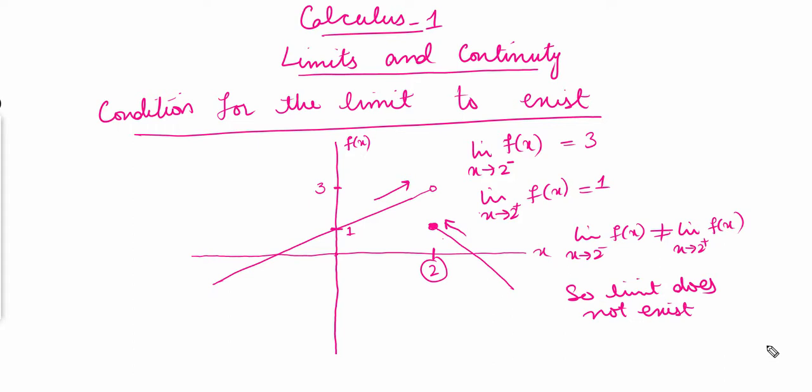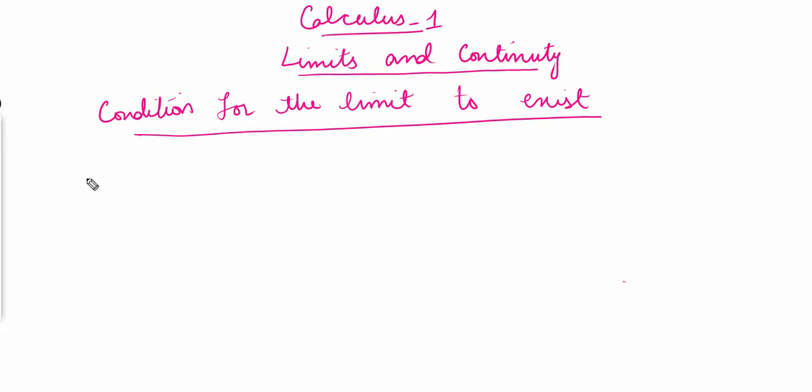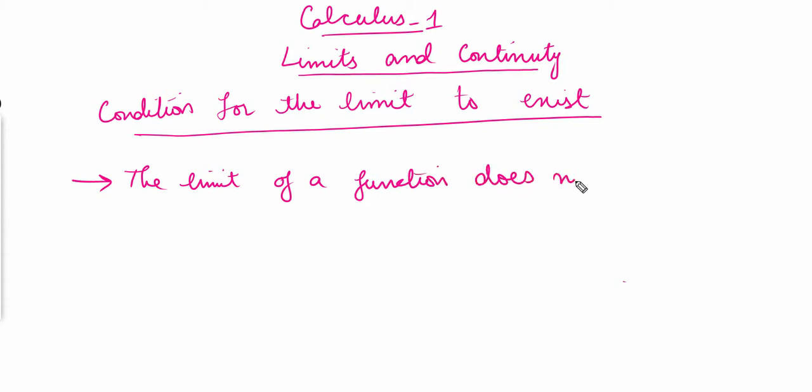Alright, so this is how we can check the limit. So after this one, we will discuss another condition for the limit to exist or to not exist. Okay, so I'll write the point over here. The limit of a function does not exist at a number